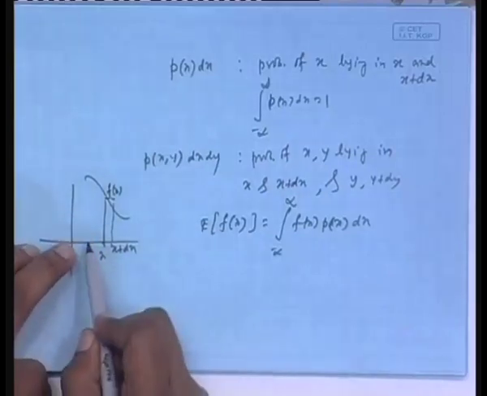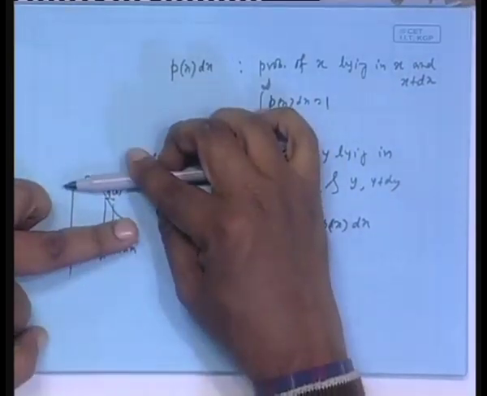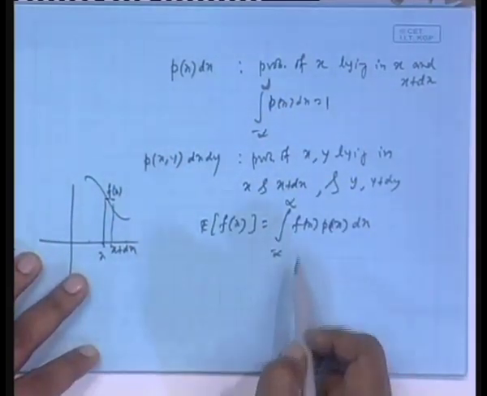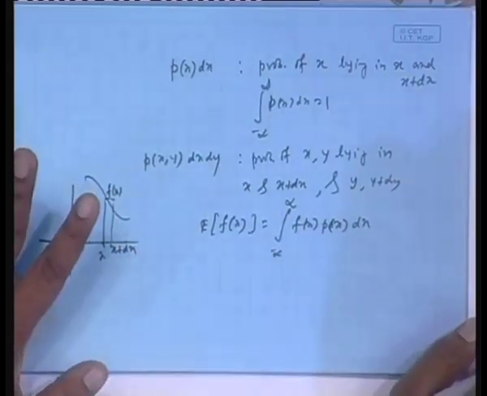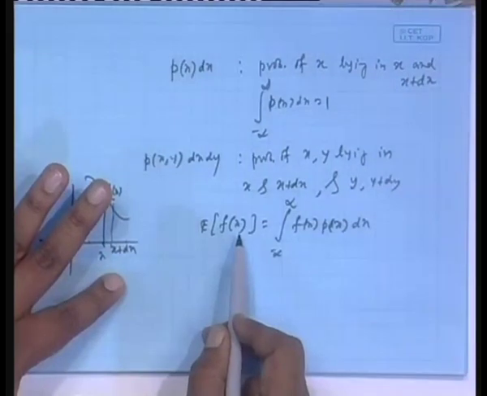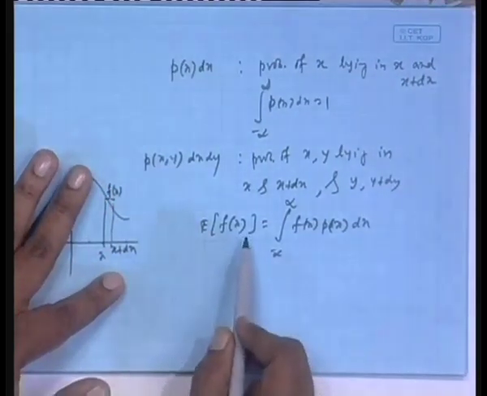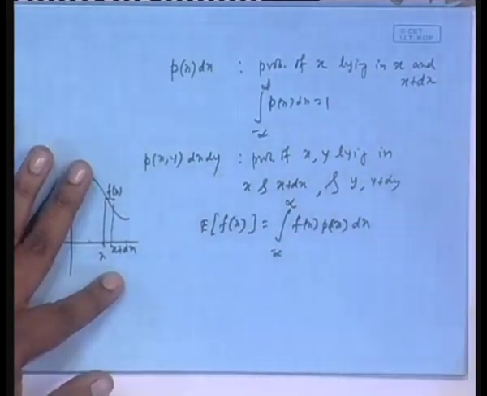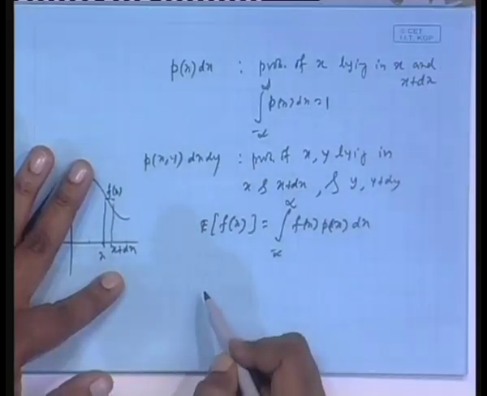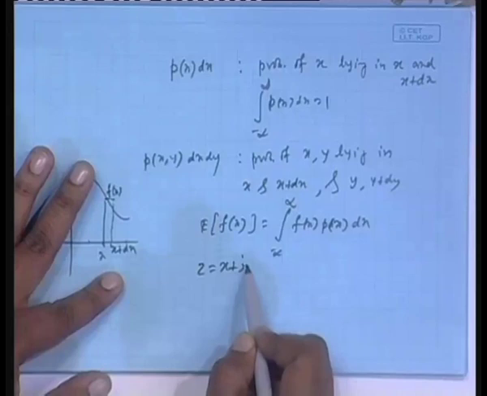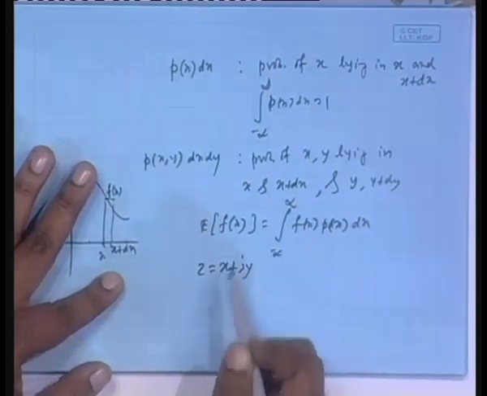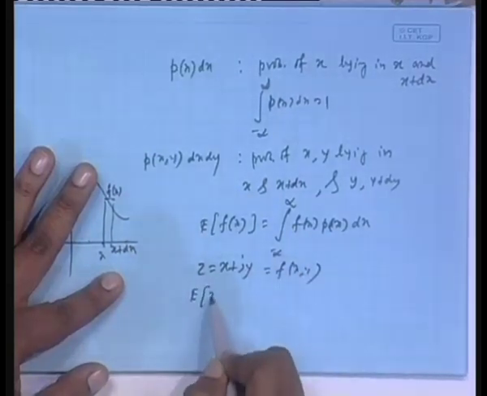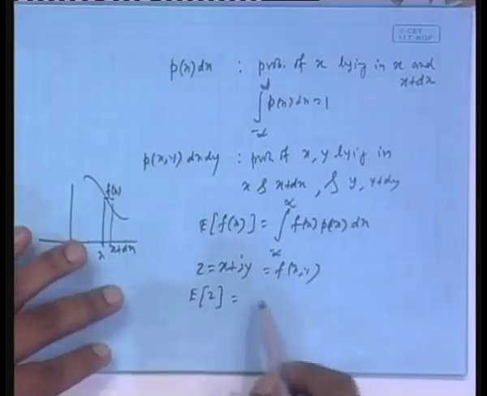That is, if you integrate between one range and another range, what is the expected value of f(x)? You will get that. That is nice. Now integrate it; this all of you know. In general, instead of f(x), if it is f(x,y), then E[f(x,y)] will be the double integral of f(x,y) p(x,y) dx dy, and you can extend it to any dimension. As an example, if there is a random variable z which is complex, and both x and y are random, then z is a function of x and y after all, then E[z] will be nothing but